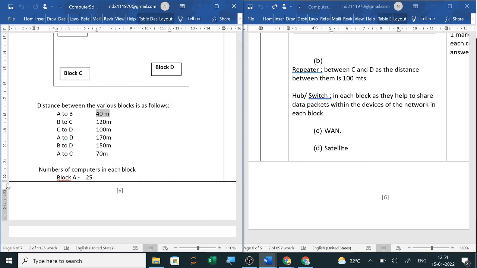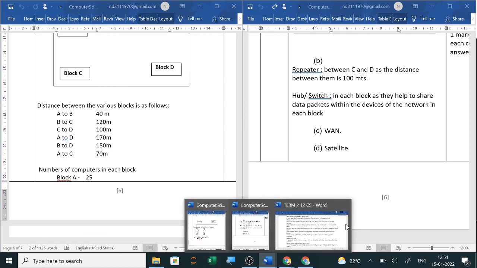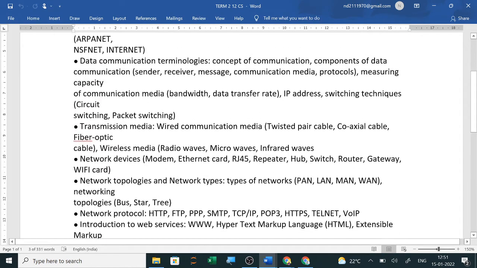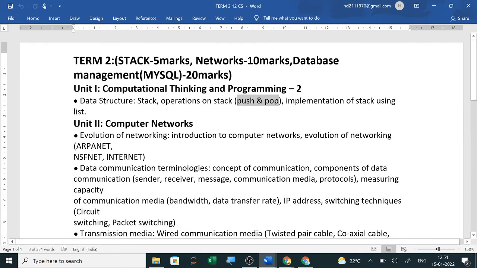So this is the end of your question paper. Now, other than this, you can see here that first thing is they have asked you everything from this syllabus only. Second thing is how they can make the changes, like in stack push and pop using list and dictionary only they will ask you. That much only is given. Clear? So you just go through.